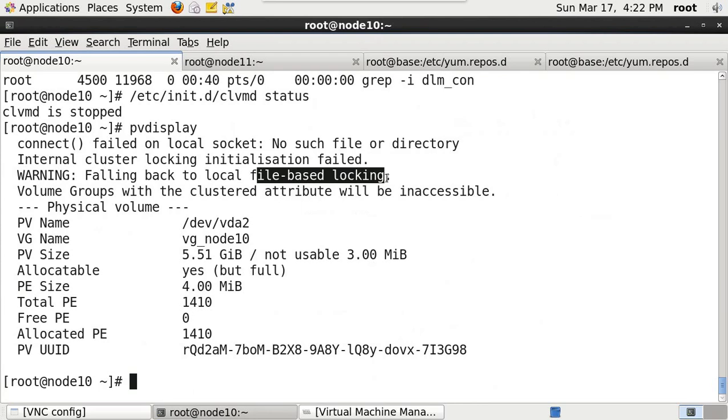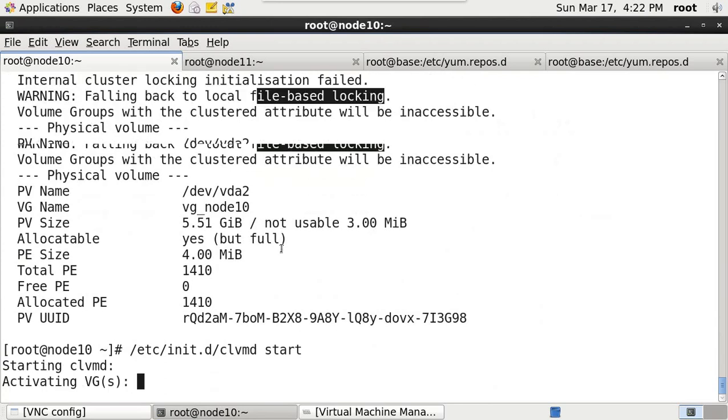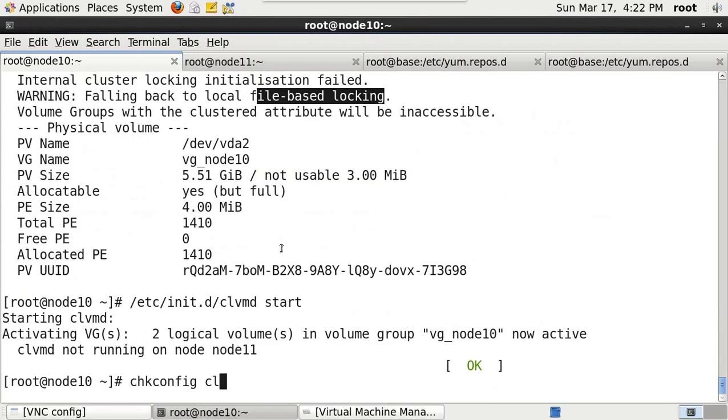So in case I am trying to modify the same thing, the other cluster nodes will not be notified, and they may also run the same commands, or they may try to modify the LVM metadata, and the LVM metadata may become corrupted. So make sure that clvmd is started. chkconfig clvmd